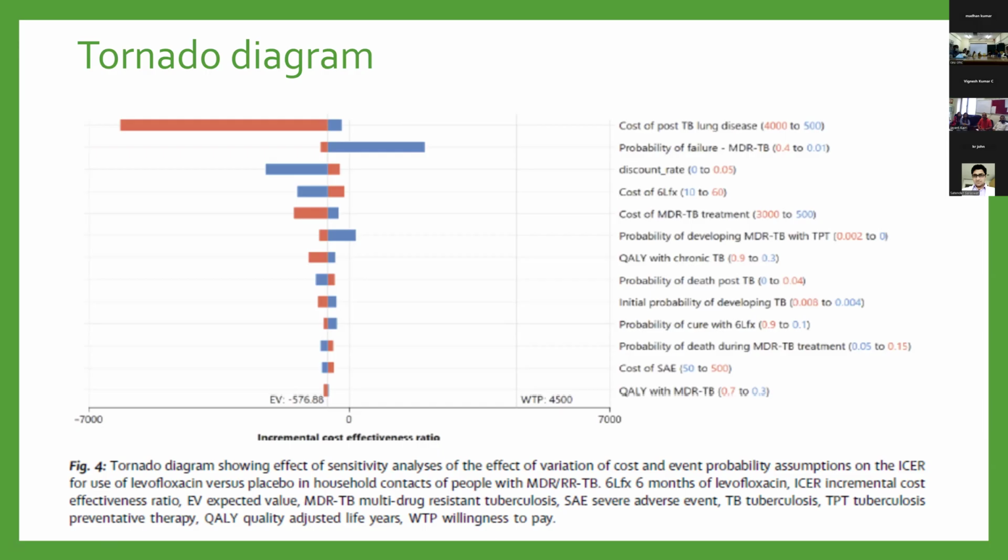So when you're doing this sensitivity analysis, you say, within reasonable limits, how much can the cost of the new treatment vary? How much can the cost of the old treatment vary? How much can the benefit of the new treatment vary? How much can the benefit of the old treatment vary? In one-way sensitivity analysis, you move only one of these at a time. In two-way or multi-way analysis, you try to move many of these things at the same time